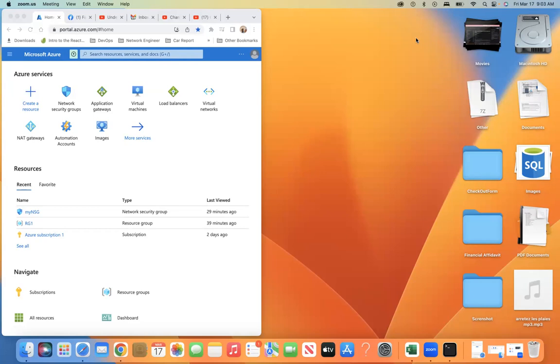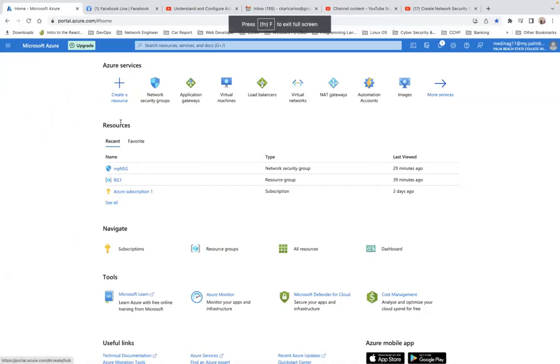So basically, we're going to create two servers. One is the application server, and the other one will be the web server. And after that, we're going to apply the application security group to both of these servers. So let's go ahead and just pull up